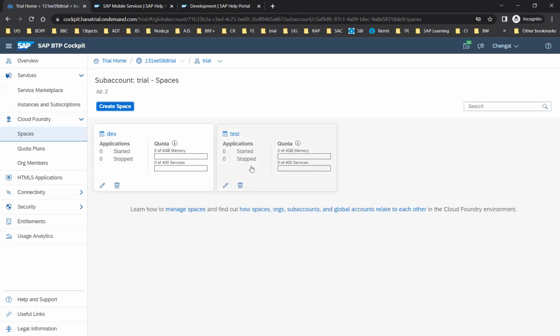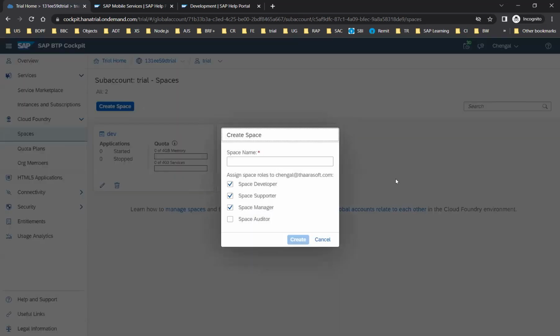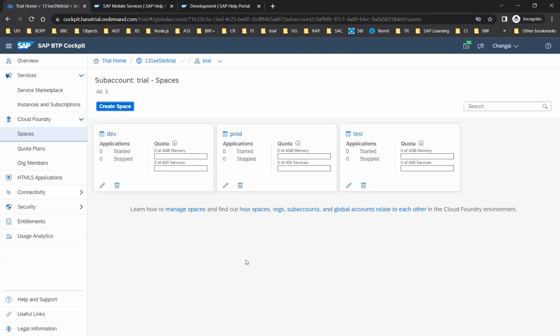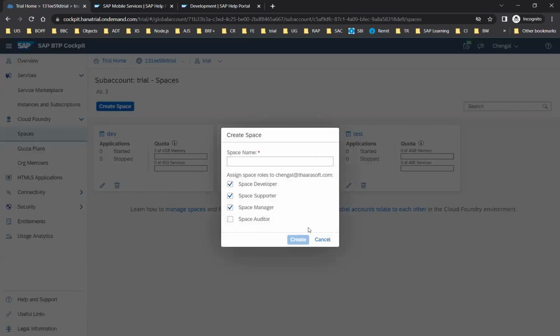Yes, we are allowed to create another space as well. And let me create another one. Yes, we are allowed to create. So usually with sub accounts, I thought it might be restricted to create multiple spaces. Okay, but it's not the case. I think it will not create more than in network. Okay,